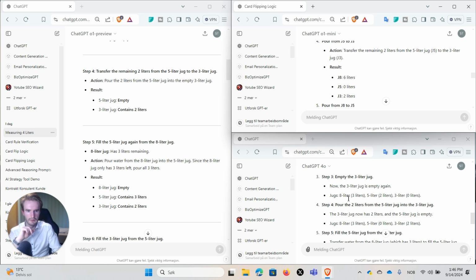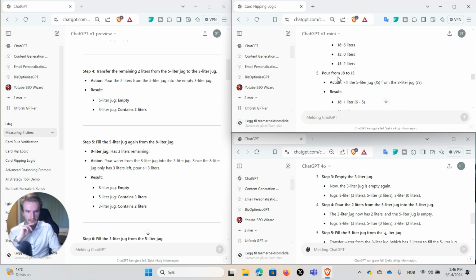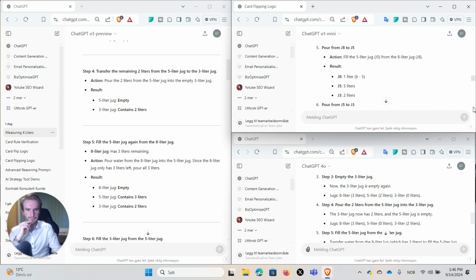And in this case the 8-liter has 3 liters, the 5-liter has 2 liters. 3 liters here, 0 liters in the 5 liters, which is the same as here, and then 2 liters in J3, which is the same except in this case. And then pouring from J8 to J5, we have